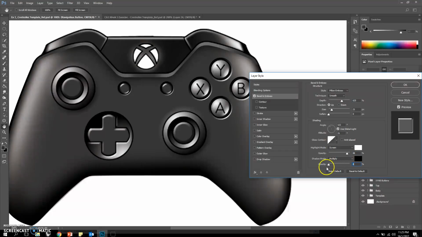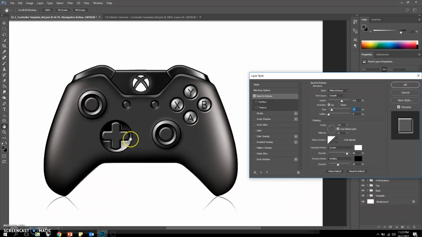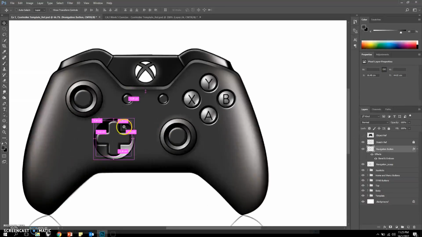The multiply, I can make it much more darker. I don't really need the soften. Right now it's just the sizing part. Make sure you have a good size that you can see the effects popping up. Once I got that out,